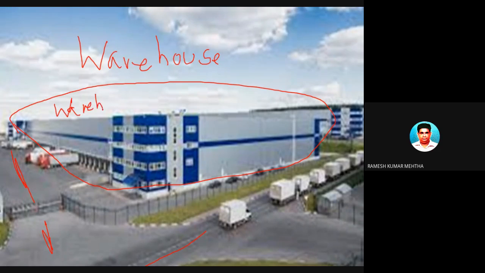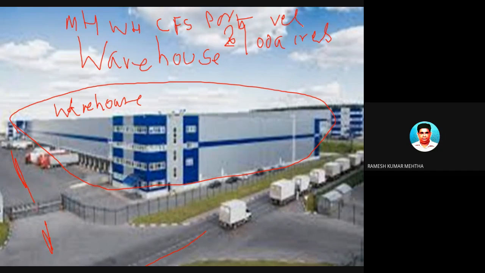You have to imagine a warehouse not as a small place. It runs into hundreds of acres. And today we are going to talk not only about material handling equipment and warehouses, but also container freight systems, ports, railways, vessels, and all that stuff.